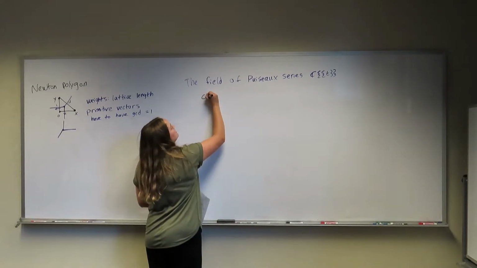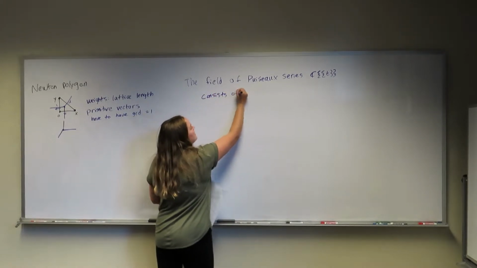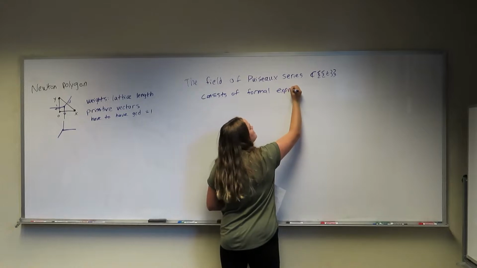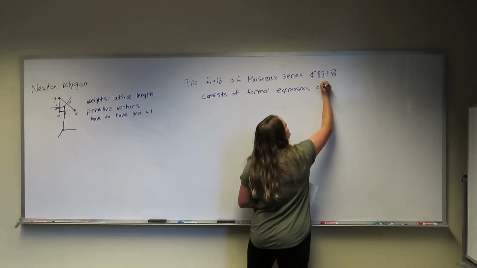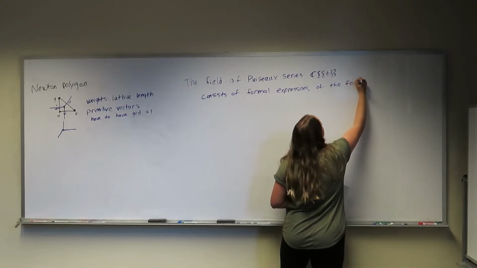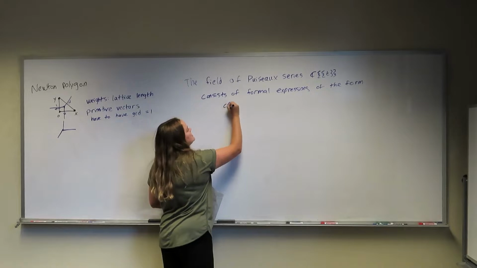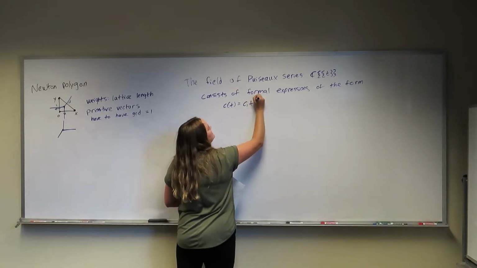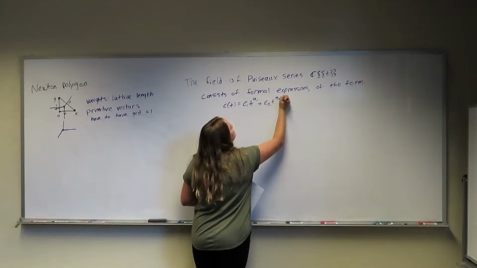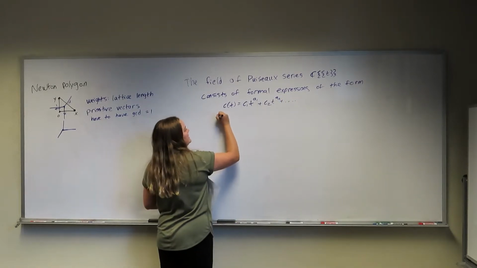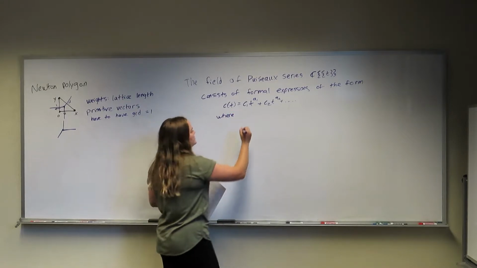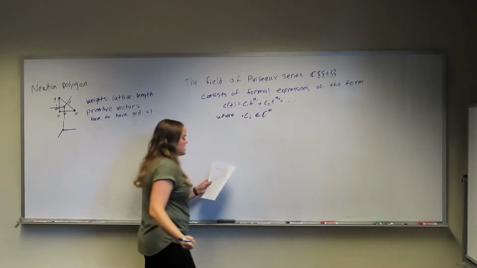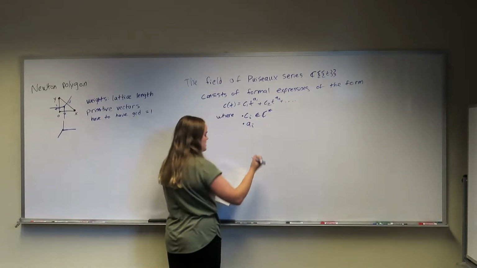It consists of formal expressions of the form c(t) equal to c1 t to the a1 plus c2 t to the a2, and so on, where we need our ci's to be in C star, and our ai's are rational,